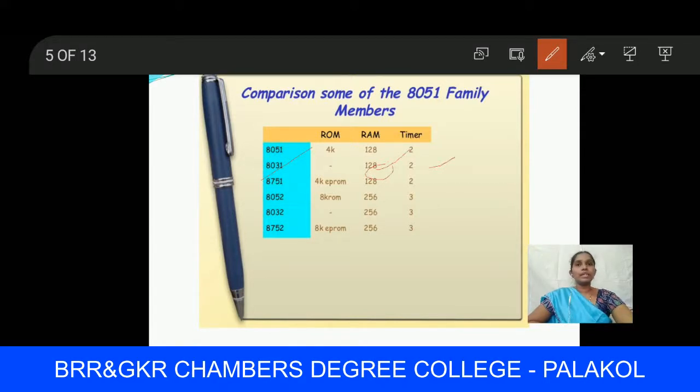And next one is 8751. It has 4 kilobytes of EPROM and 128 bytes of RAM and two timers are used. 8052 has 8 kilobytes of ROM and 256 bytes of RAM and three timers are there.